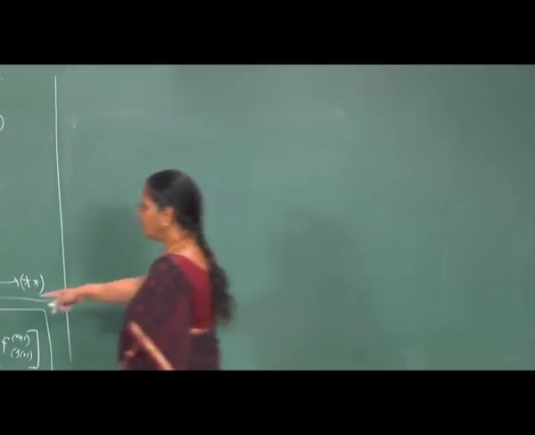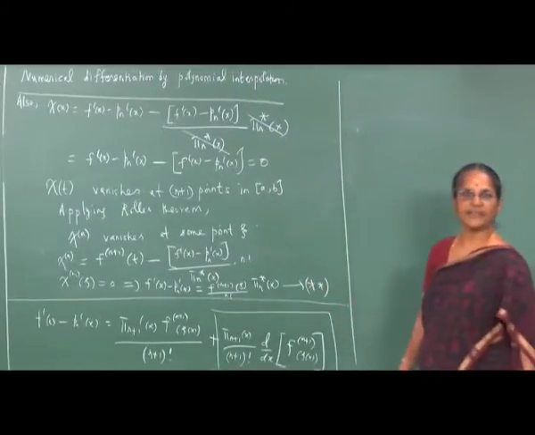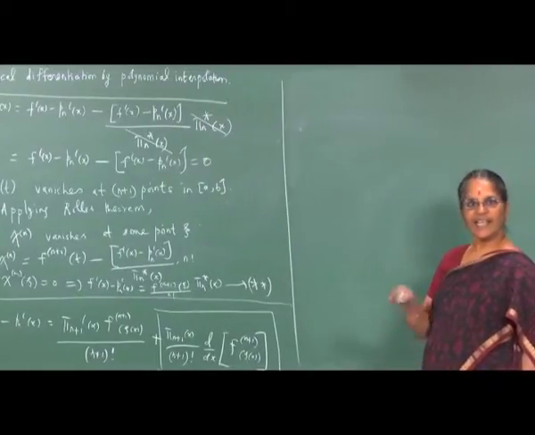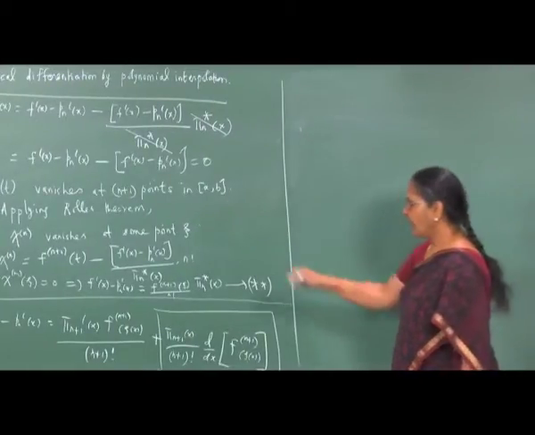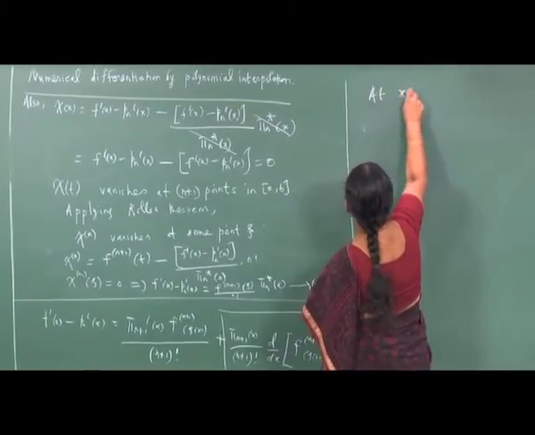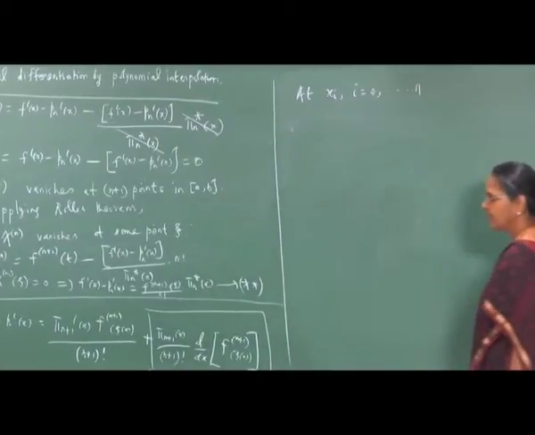However, this result is useful at the nodal points. Let us see what happens at the nodes, namely at the xi, what happens to this formula. So, at xi for i equal to 0, 1, 2, 3, etc., n,